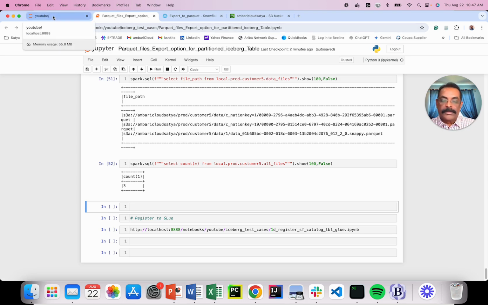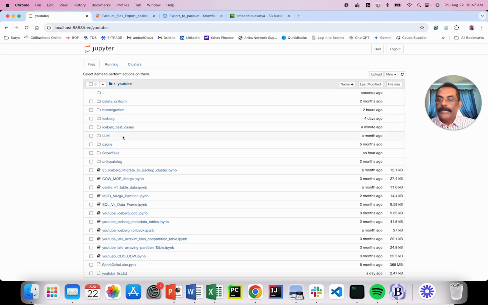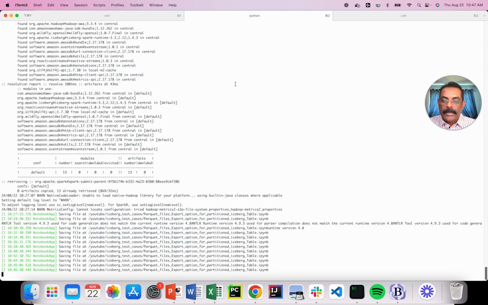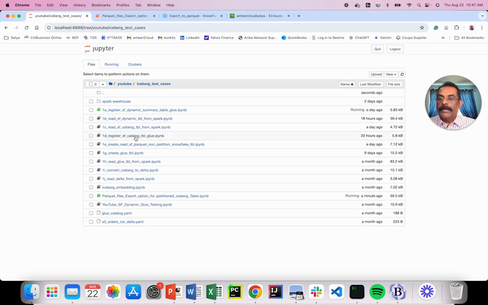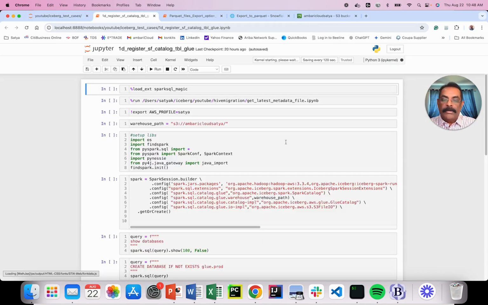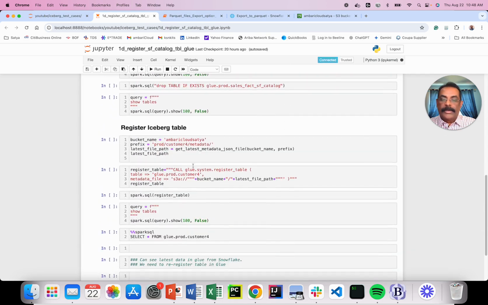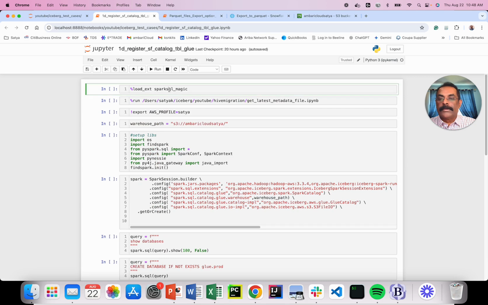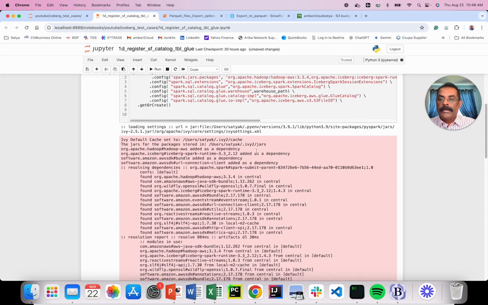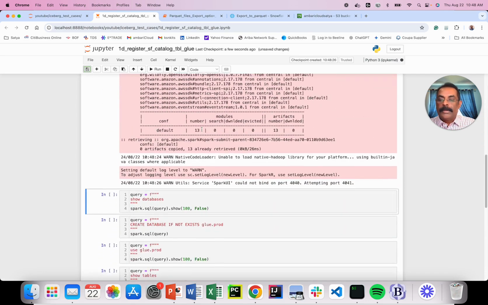So let's go to the Iceberg test cases. Okay, YouTube Iceberg test cases, and then the 1D. So let's go to 1D. Register. So here, all you are doing is registering your table using register table. You have your customer table. Let's run this one. So this method is going to give me the latest JSON file, and I'm going to open a Spark session to Glue using Glue catalog. I'm going to save here,